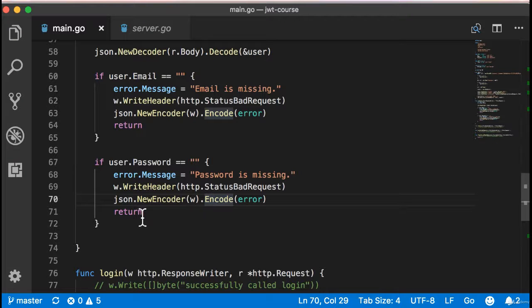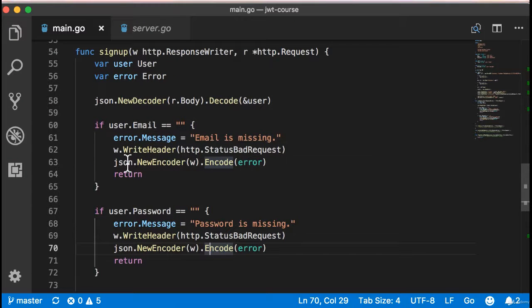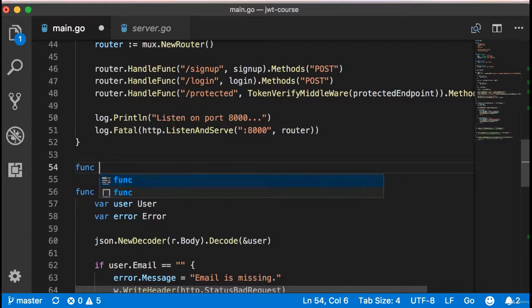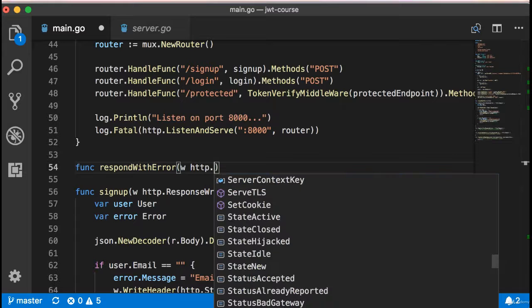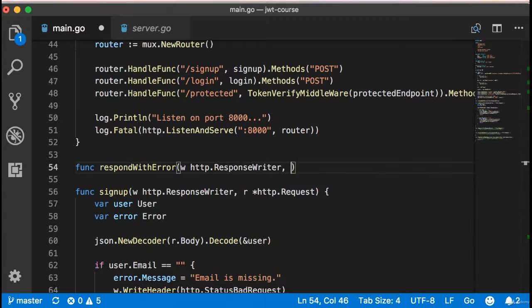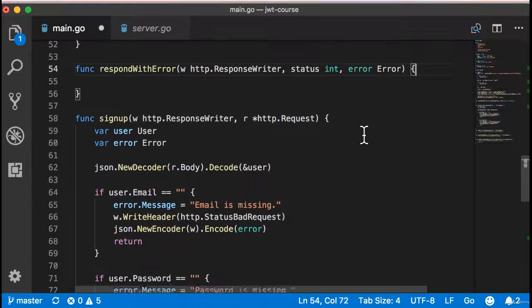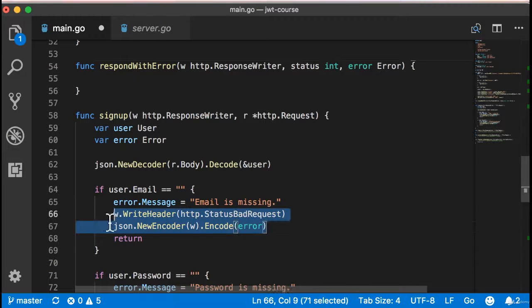So since this is kind of repeating, we want to extract this into a function that we are gonna name respondWithError, and respondWithError should accept the response writer, http.ResponseWriter, that should accept status int, and should accept the message. Okay, now we can basically copy this